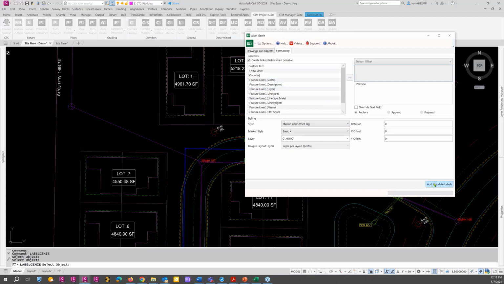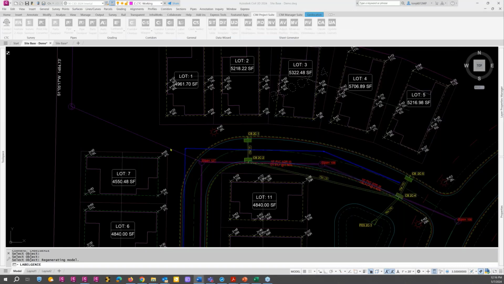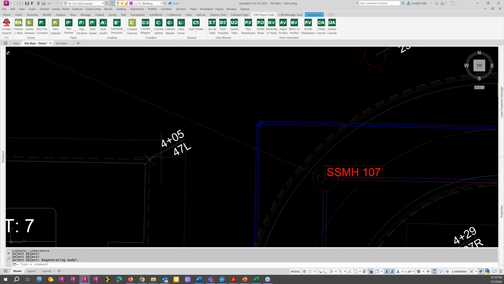So with that, I'll just click the Add button right there. 138 labels are going to go on. And there we've labeled station offsets for all of these